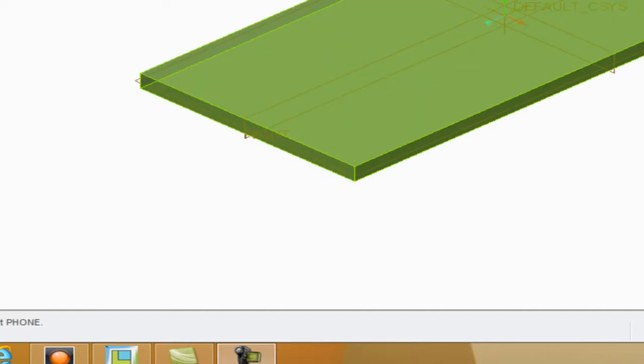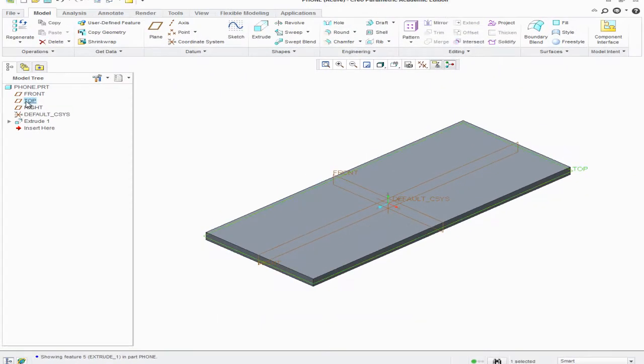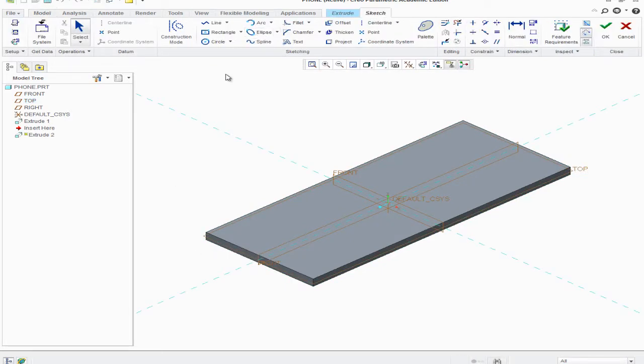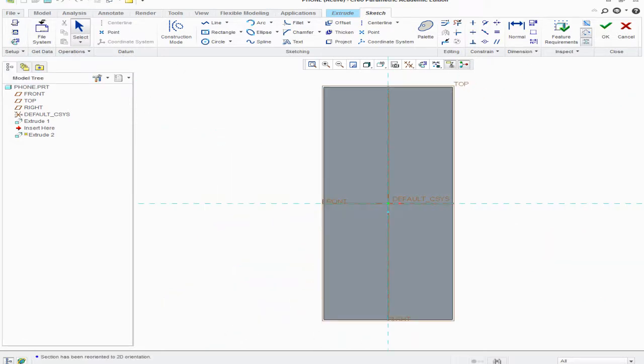So to continue, just remove them images, and then what we're going to do is exactly what I've just done then. So again, I'm going to click on the top plane. You can see it's highlighted, it's gone green, and we're going to go to extrude. Following the same process as before, we go to the sketch view. So I'm going to use this button up here, it's called project. And all it's going to allow me to do is click on this line and make it a live line